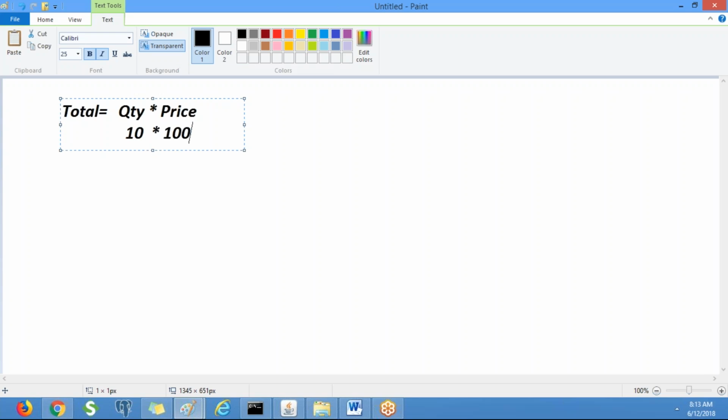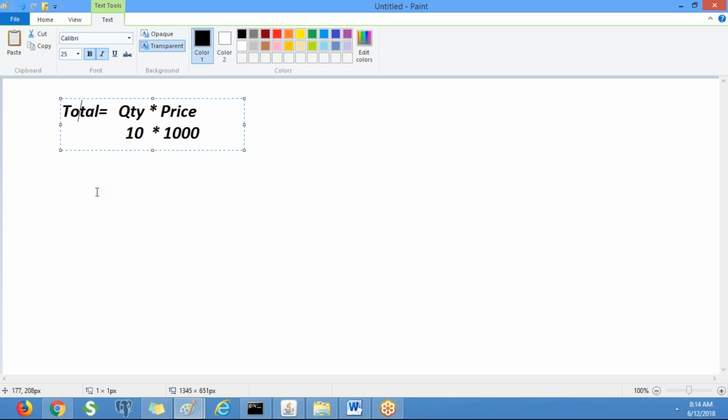How much? 1000, right? If you change price to 1000, how much? Automatically the target property should be updated. Whenever the input value changes, the target property gets updated automatically. So this is called declare expression.